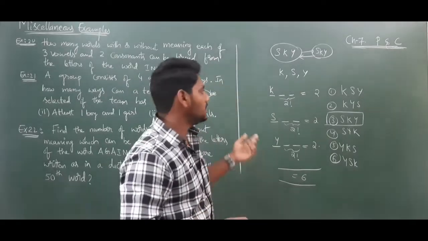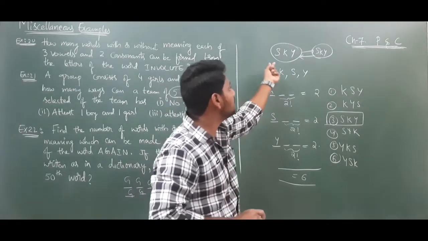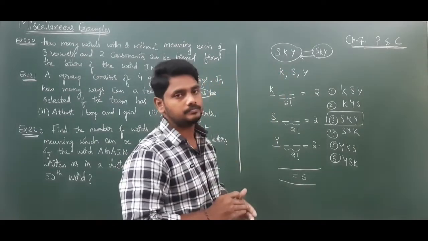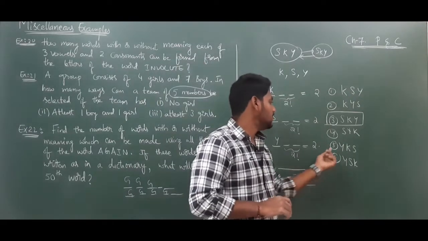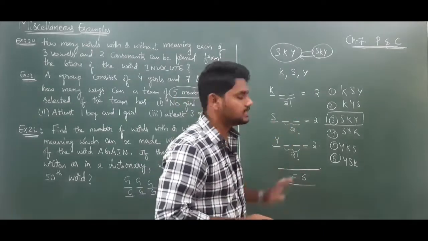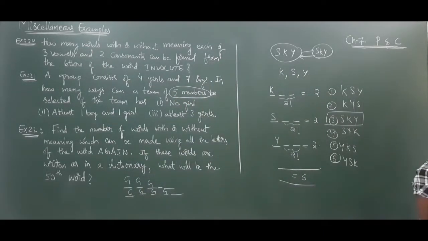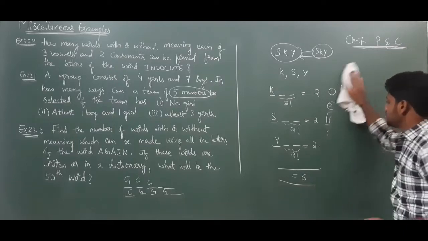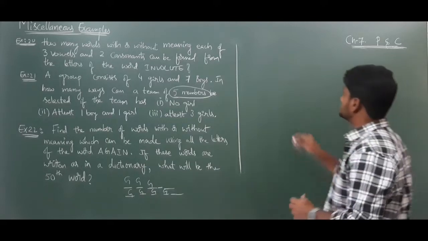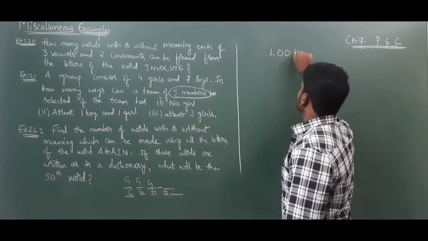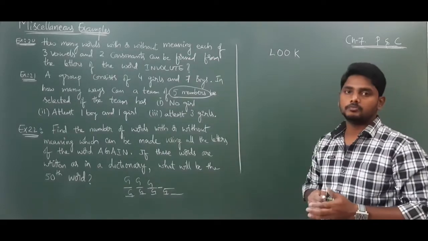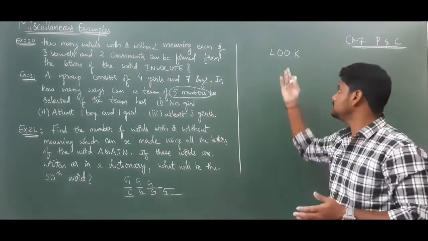When we are finding rank in terms of a dictionary like this, we only consider the given letters in that word. So this is how we need to find the rank of the word SKY. The rank of the word YKS is 5. The number of words we can form in dictionary order is 6. Based on this, we will solve the given question. Now see, for example, if we have a word like LOOK, as previously, how many words can we form in a dictionary manner by using only these letters?